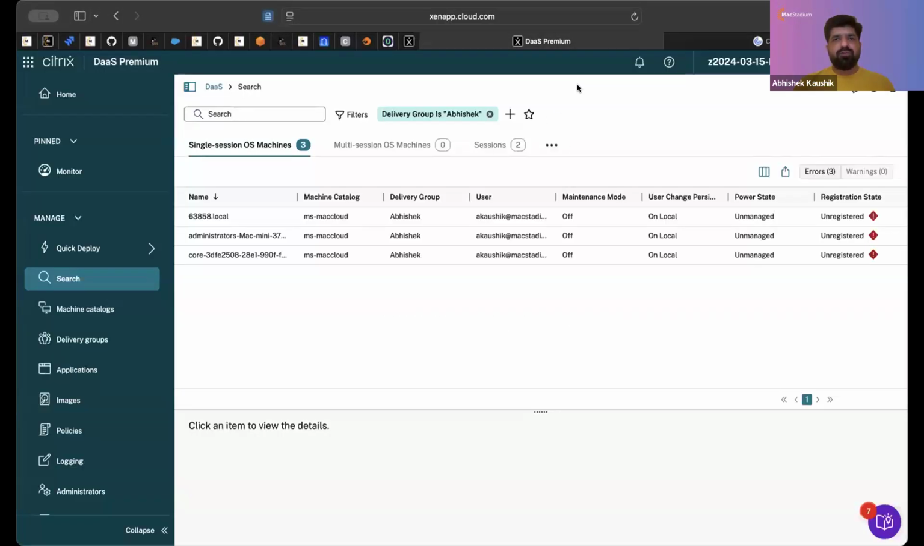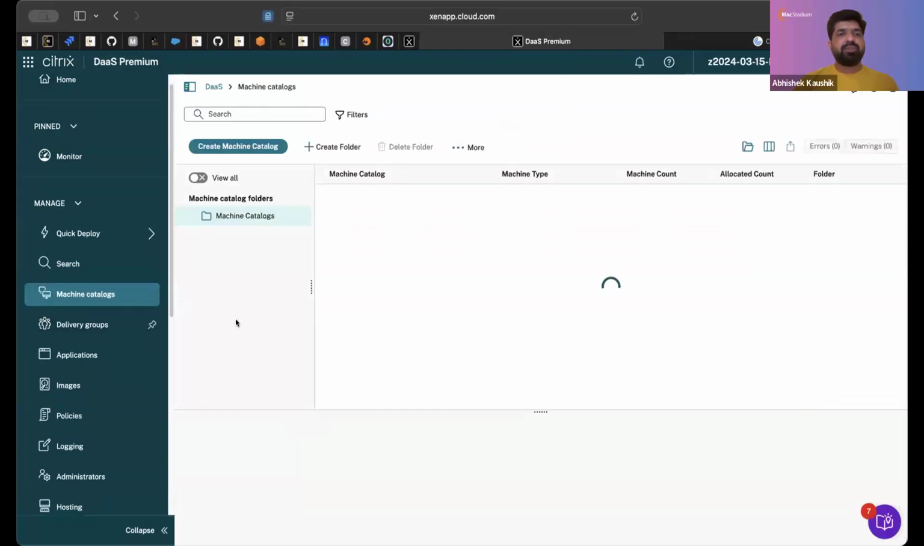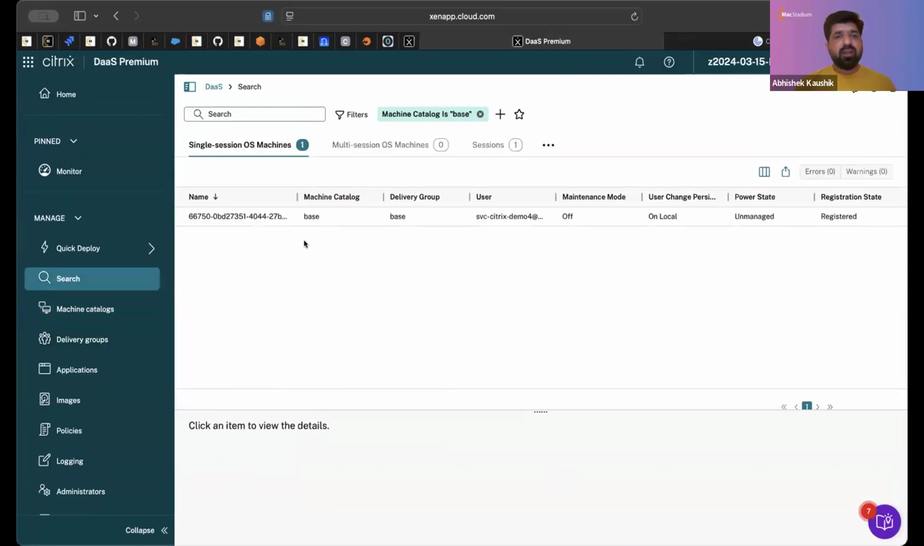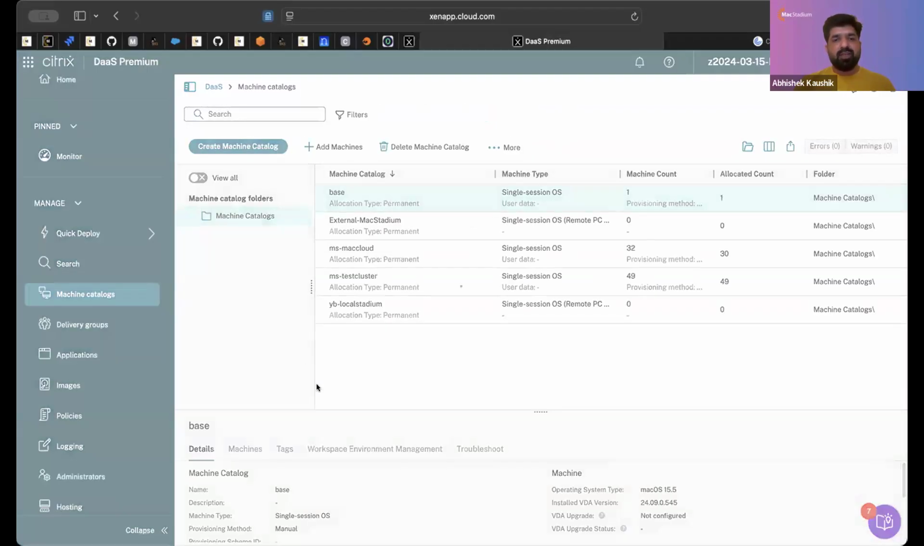And what I will do first is show you how it looks in a Citrix DAS environment. So basically you log into your Citrix DAS GUI, and then there are two things we need to create. First one is the machine catalog. You can create a machine catalog, and I'll take an existing one just to show you what it has. So I have one machine right now here, but if you want, you can create the machine catalog,